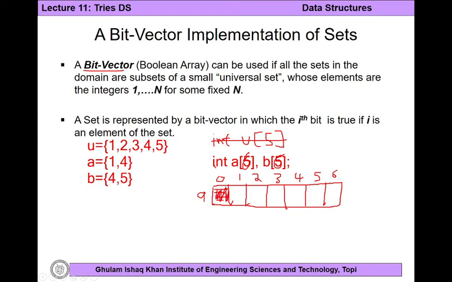Now if you see set A, in the set A we have value 1, go to the index 1, turn it on. In the set A, the value 4 is there, go to the index number 4 and set it on. Now turn off rest of the values. Same goes for the set B. In the set B as well,